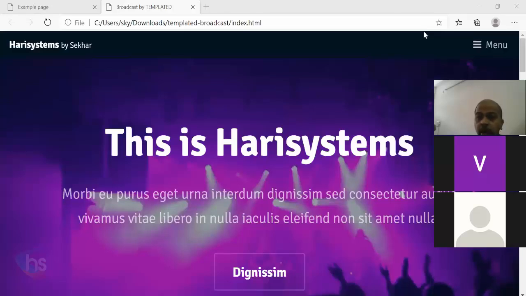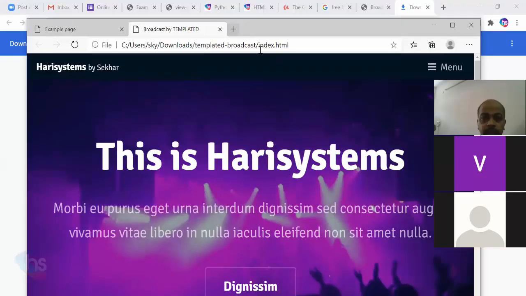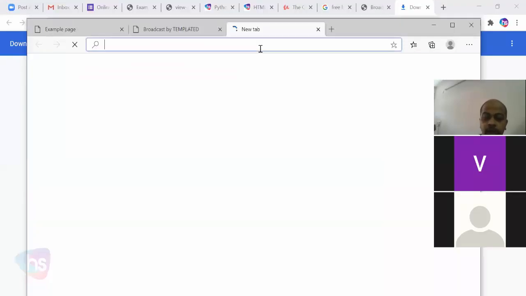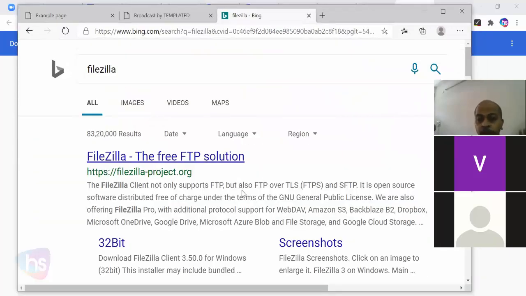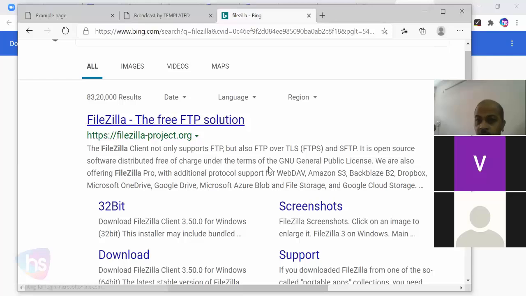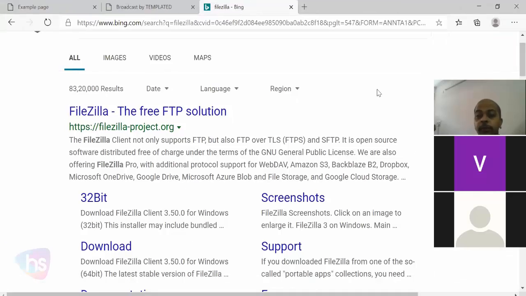And here I'll tell you about FileZilla. All right. This is FileZilla, an FTP tool. You can download and install it. To handle file transfer protocol, you will get this particular software.